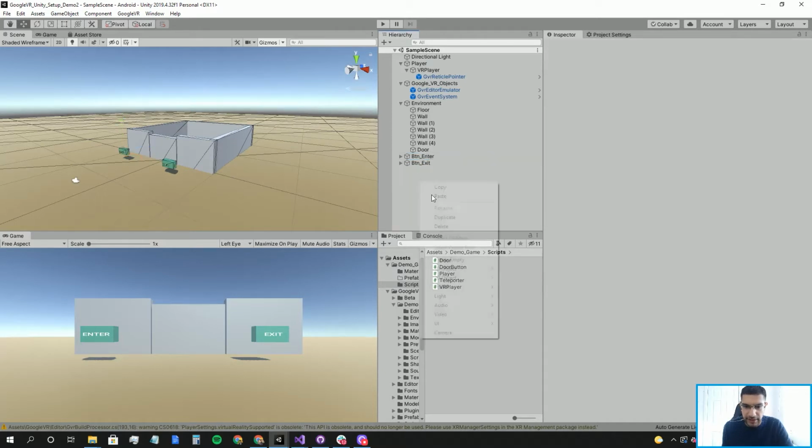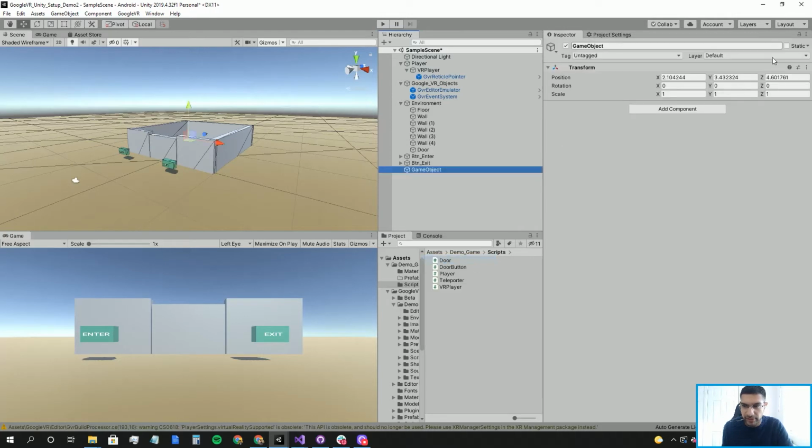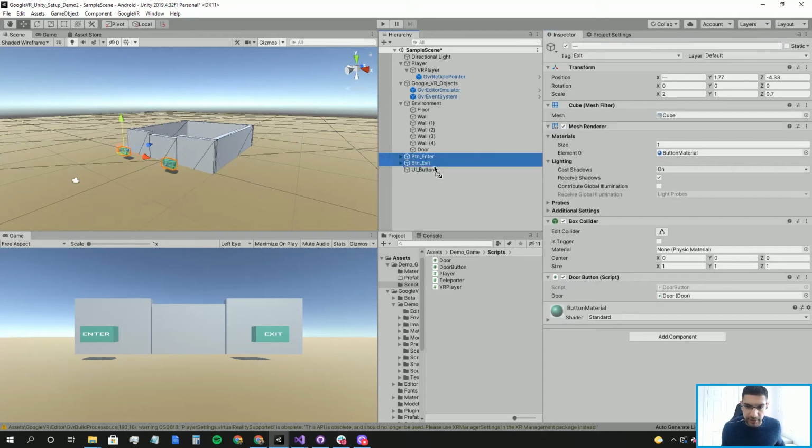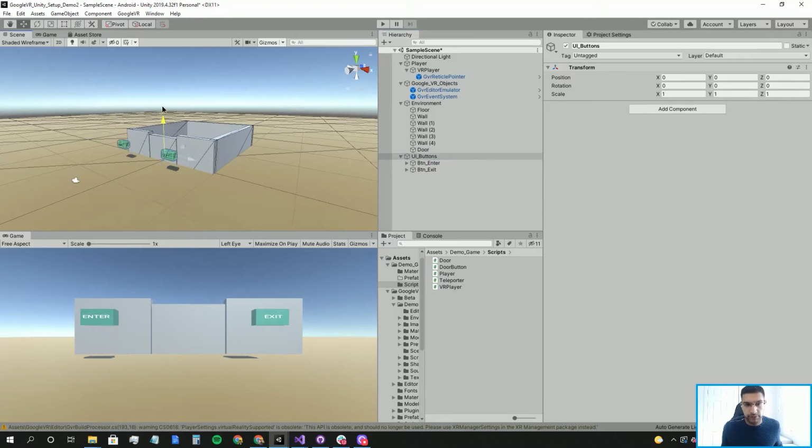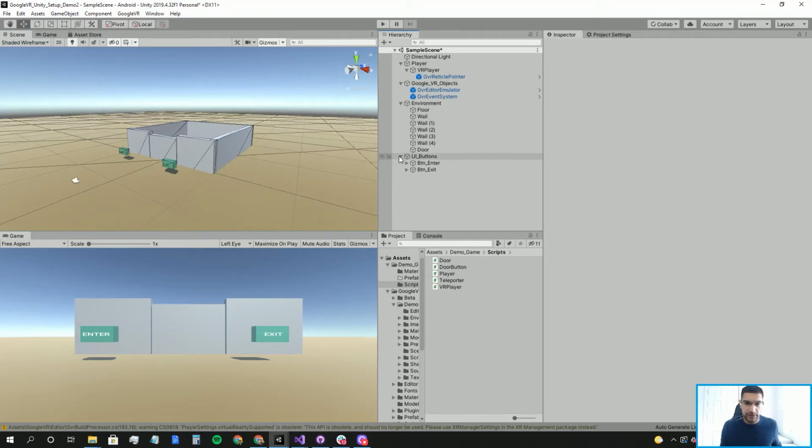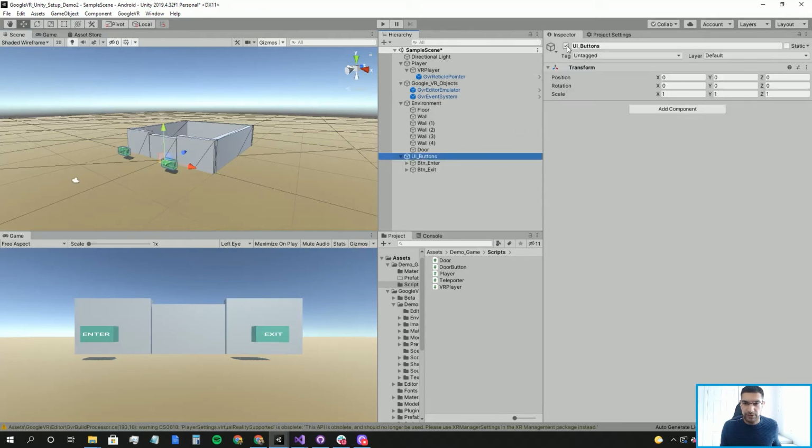But before we do that, let's make an empty game object, reset the position to 0, 0, 0, and call this UI buttons. And then we can put the enter and exit buttons into here. One of the reasons is I can move both buttons in one go and keep things organized. If I really wanted to, I could hide both the buttons in one go if I had loads of things going on. Anyway,